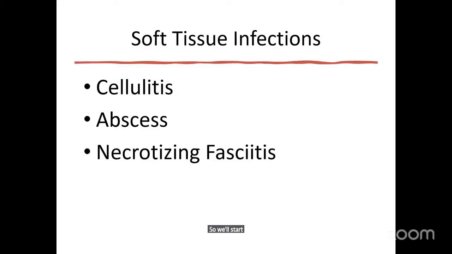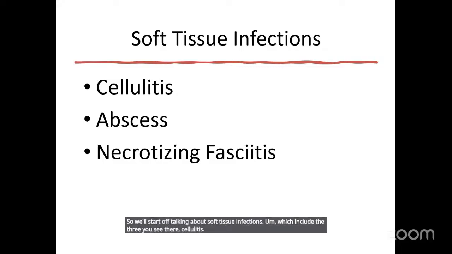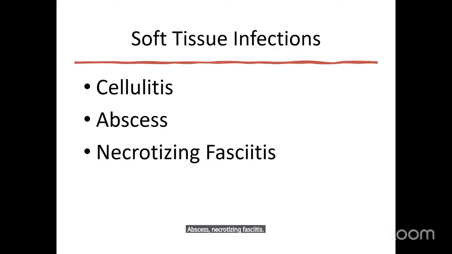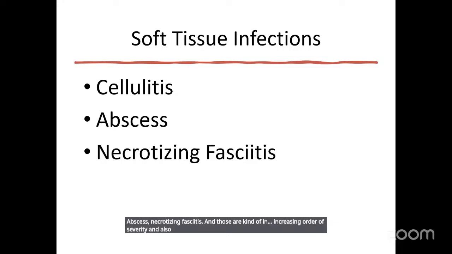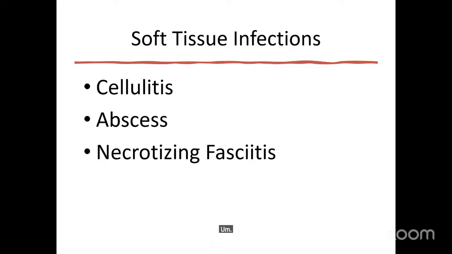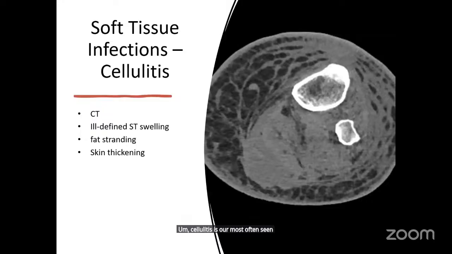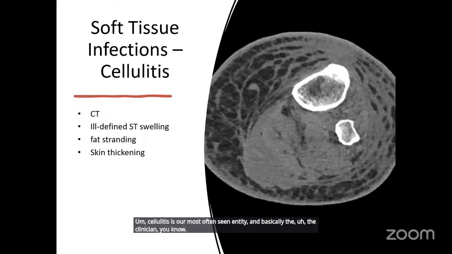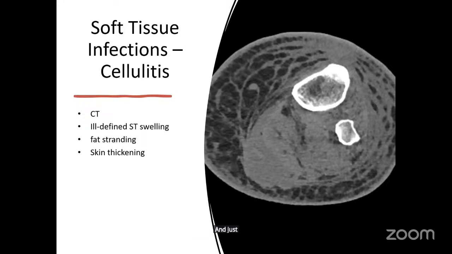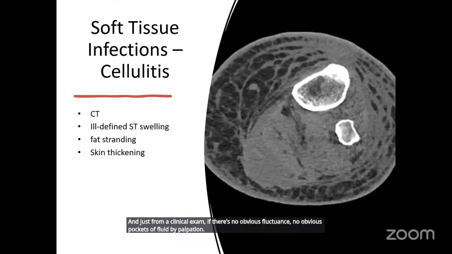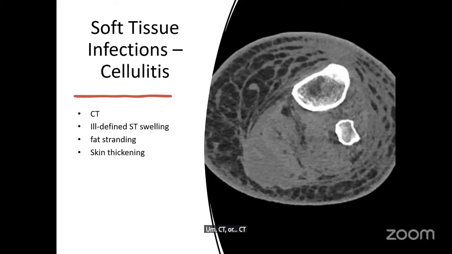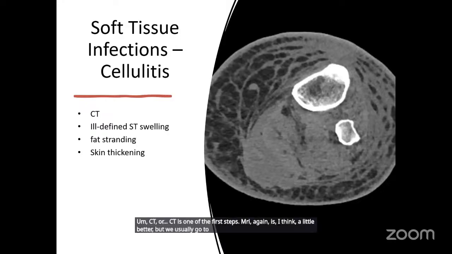So we'll start off talking about soft tissue infections, which include the three you see there: cellulitis, abscess, necrotizing fasciitis. And those are in increasing order of severity and also urgency for surgery. Cellulitis is our most often seen entity, and basically the clinician sees a red, indurated limb, and just from a clinical exam, if there's no obvious fluctuance, no obvious pockets of fluid by palpation, CT is one of the first steps. MRI again is, I think, a little better, but we usually go to CT first, because another advantage of